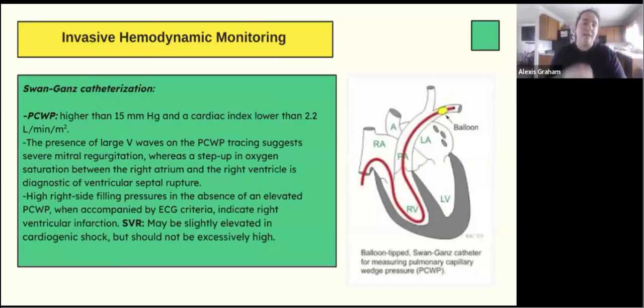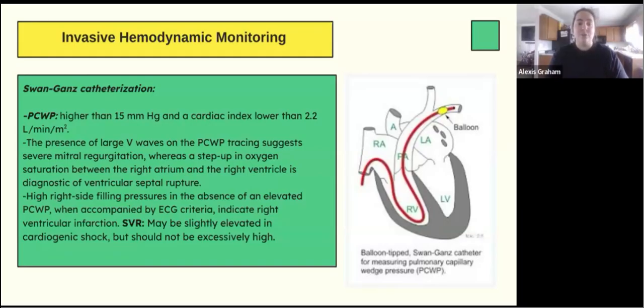And then this is the hemodynamic side. You're going to be using that Swan-Ganz catheter again. The PCWP will be higher than 15 millimeters of mercury, and the cardiac index will be lower than 2.2. With the presence of large V waves on the PCWP tracing, this suggests severe mitral regurgitation, whereas a step up in oxygen saturation between the right atrium and the right ventricle is